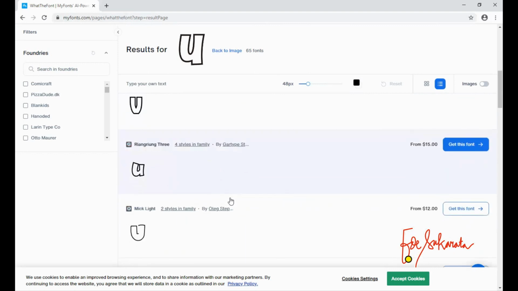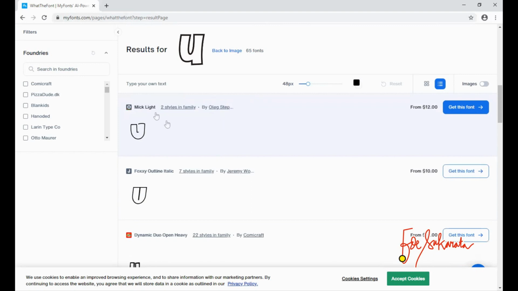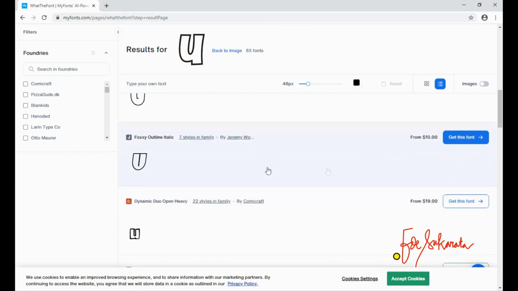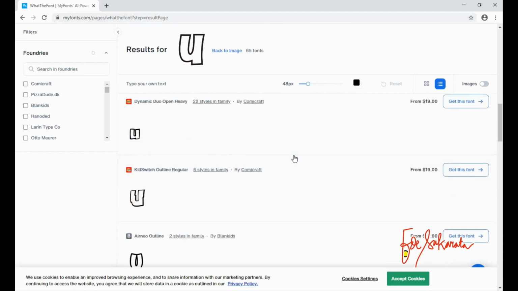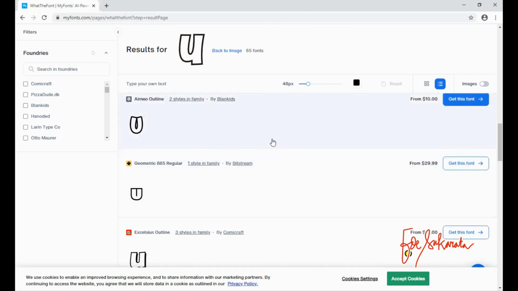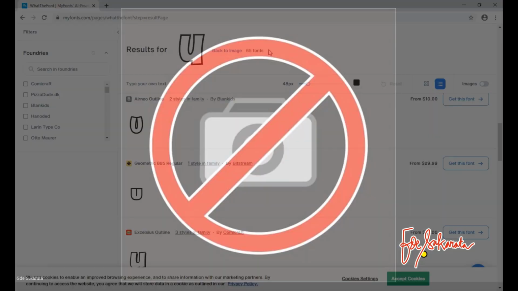Sometimes if you get the lesson of font, you can try to find the free font from another website. Okay, this is the result. Maybe one is Killjoy Outline Regular, Future Outline Bold, and so on. You can note the type of font and find it on free font download.